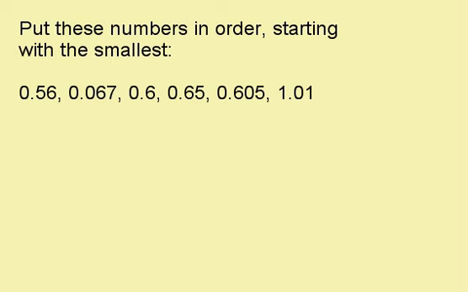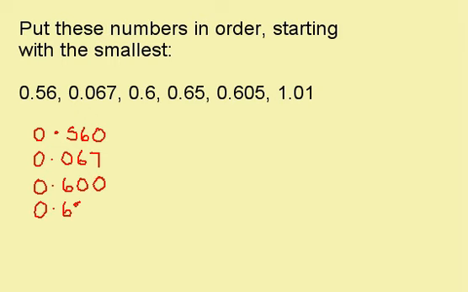Looking at the question, I can see that this number and this number have three numbers after the decimal point, so they all need to have three numbers after the decimal point. So 0.56 I'm going to rewrite as 0.560. Then we have 0.067. 0.6 becomes 0.600. 0.65 becomes 0.650. 0.605. And then 1.010. Now the question asked me to start with the smallest number, so I'm going to be looking for the